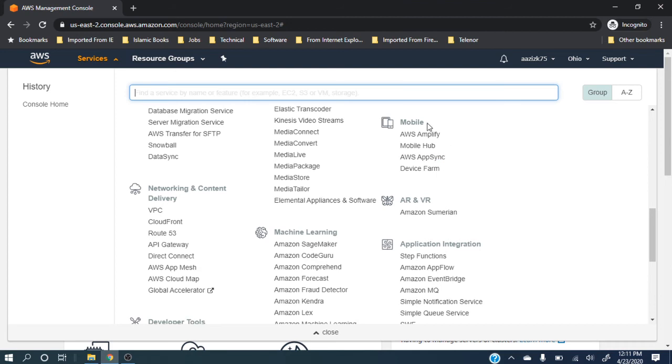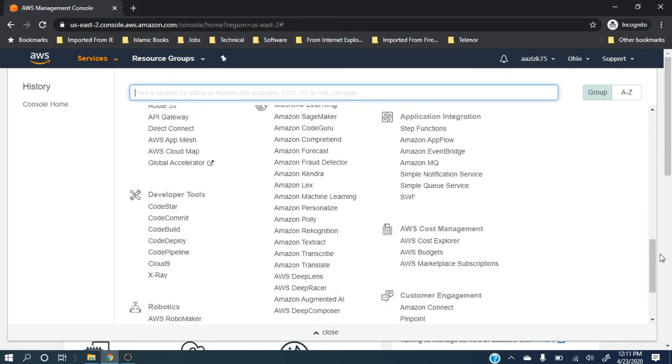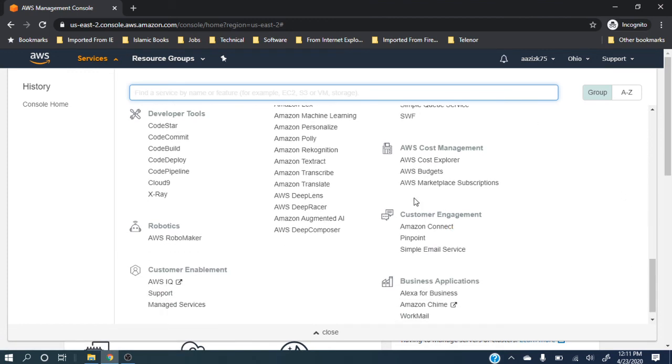You want to use Amazon on mobile, these are tools for mobile. Then this augmented reality, virtual reality, if you are in games, then maybe you can use these AR, VR tools. Then these are application integration, different applications you can integrate together. There's AppFlow, for example, EventBridge, or we will go in detail. If you want to know how much cost you are incurring, Amazon gives you this Cost Explorer.